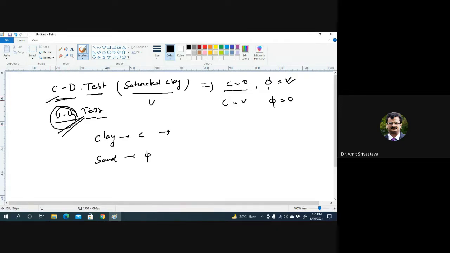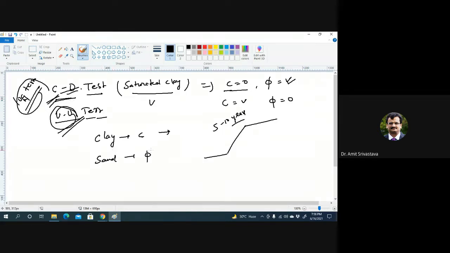If you think that in the field the drained condition will exist, or you give enough time for the pore water pressure to dissipate, like when you are talking about long term stability, like suppose you want to check the stability of a slope after 5 years or 10 years, then this drained condition will exist, because all the excess pore water pressure will dissipate by that time. So whenever you are checking for the long term stability, you go for the drained parameters like CD test.